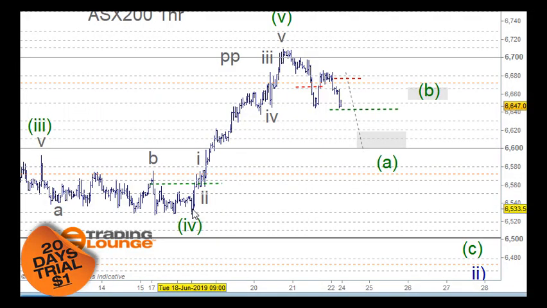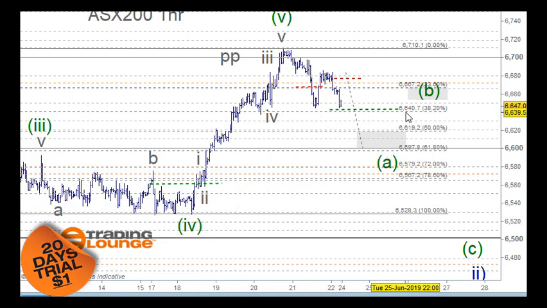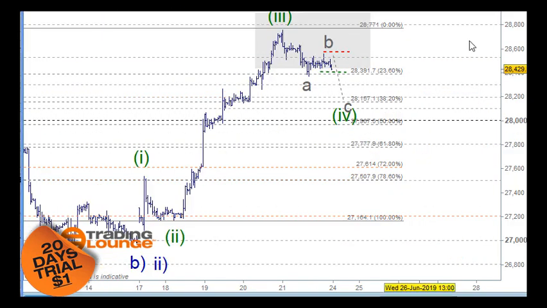But if one of these is involved here as a 1 and a 2 here, then a 1 and 2 here, that means that we would just be looking at this as a 3rd wave here, and the 4th wave would come into play from these lows here, which would bring us at the 38.2% retracement level, which would be right on where we'd want to go short from here. So there will be support coming into this space here. So that 6640 would need to become the resistance here. If you wanted to refine your entry, that would need to become the tested resistance at that point there. Okay, moving on to the other markets, we'll look at Hong Kong first.